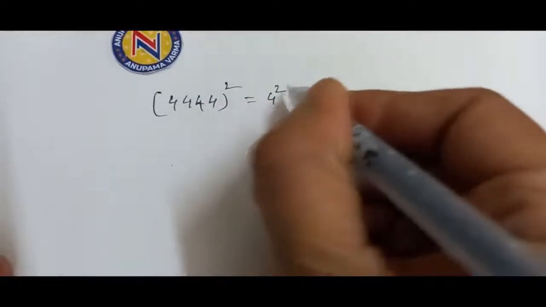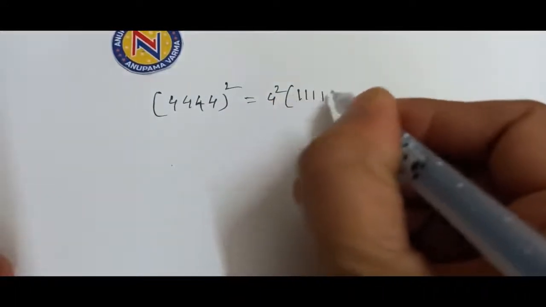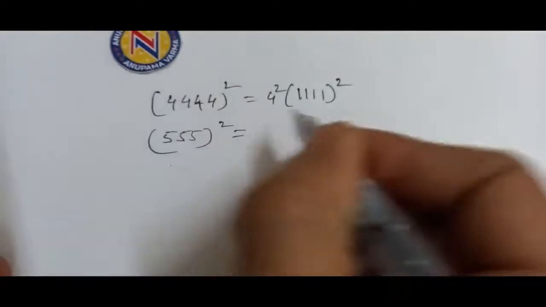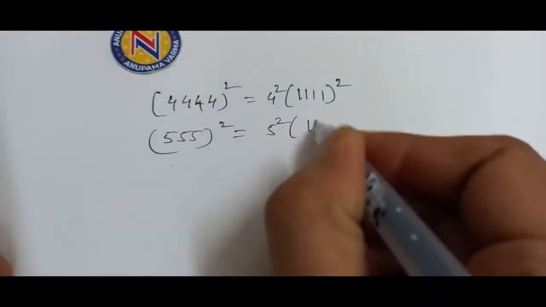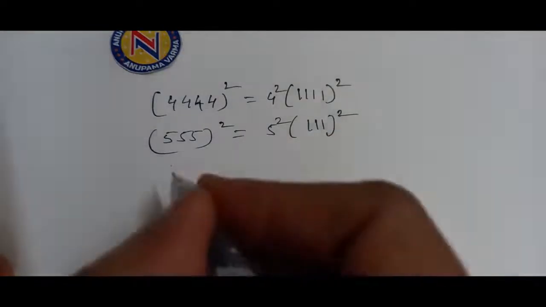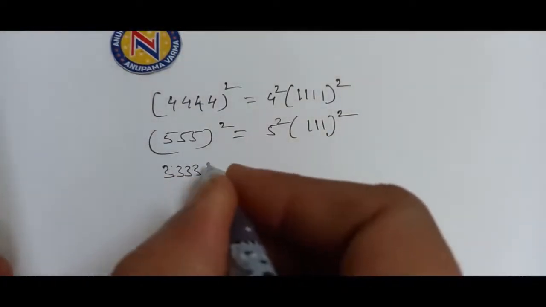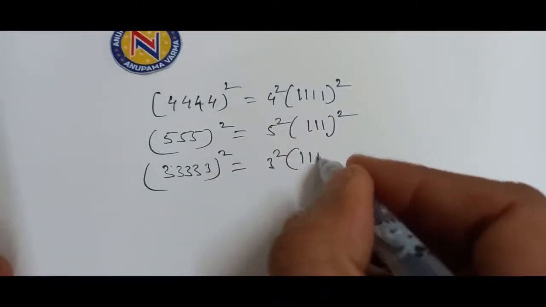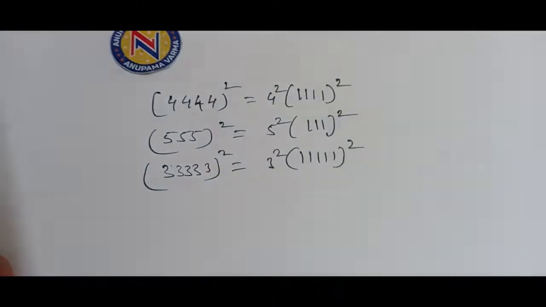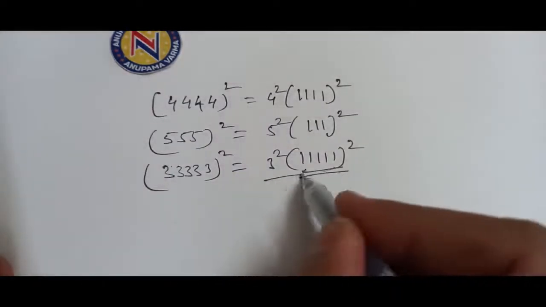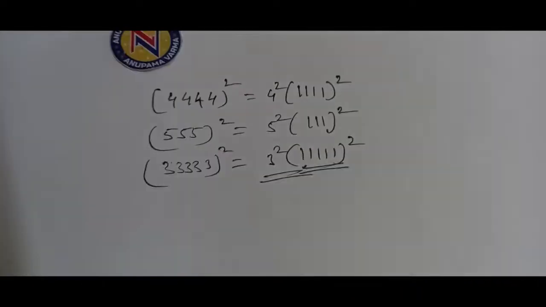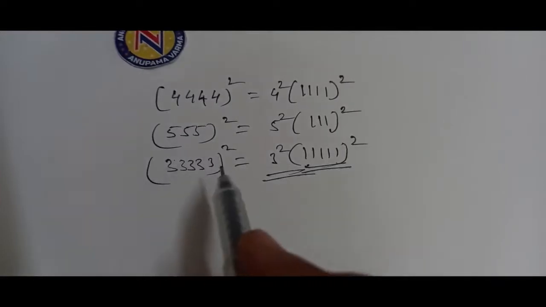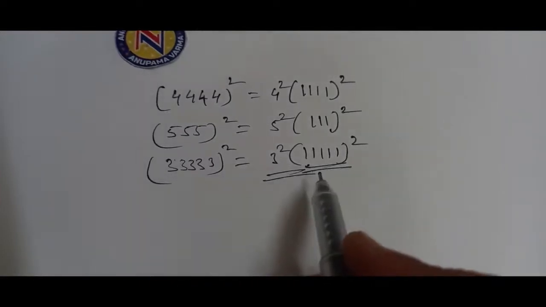So take out 4 square common and triple 4 1 squares. Triple 5. Take out 5 square and write triple 1 square. 5 threes. So take out 3 square and write 5 1 squares. By using this pattern, we can find the values. Okay. For all repeated numbers 1 to 9, we can follow the technique.